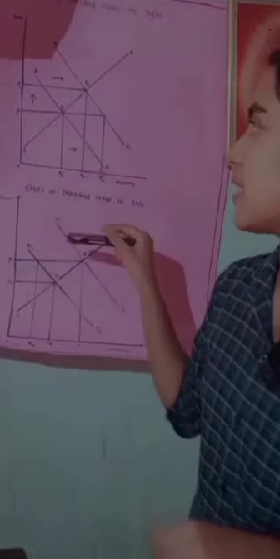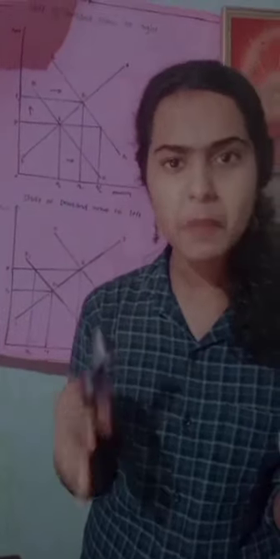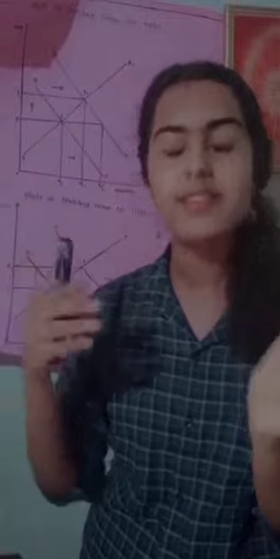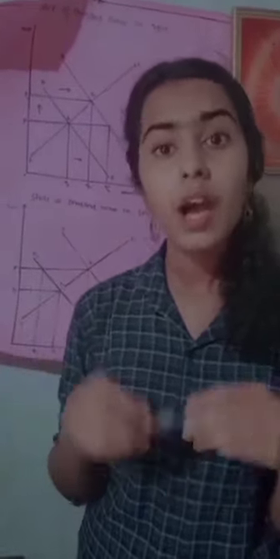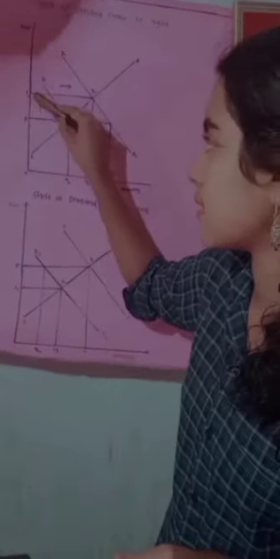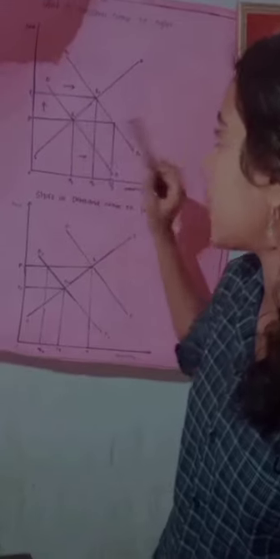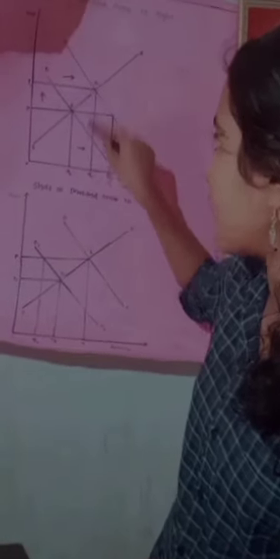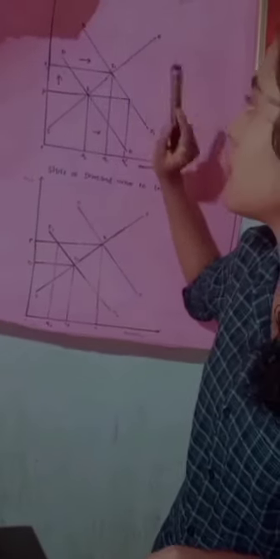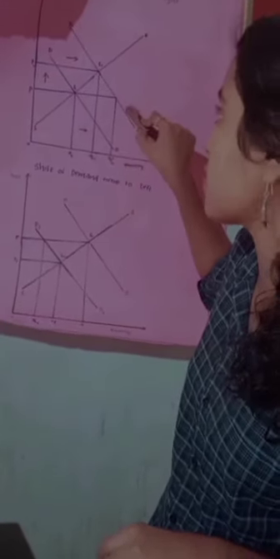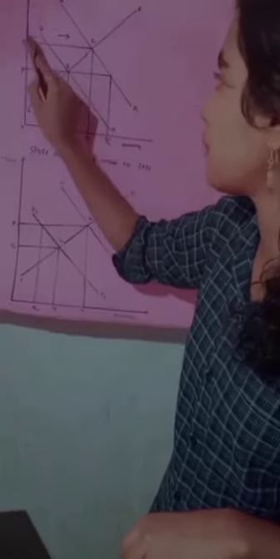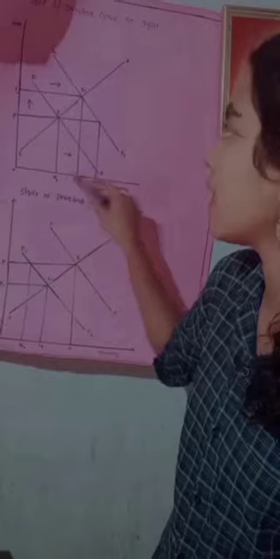At this stage, where supply remains the same and the demand increases, people are willing to pay higher prices for the commodities. Then the price increases. What happens? A new equilibrium is created here. E1 is the new equilibrium where the demand curve has shifted to the right. The equilibrium price increases and demand also increases.